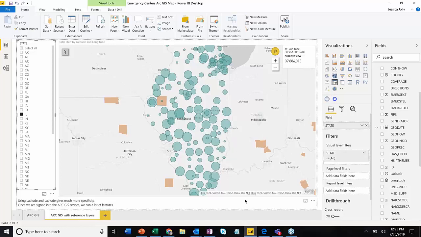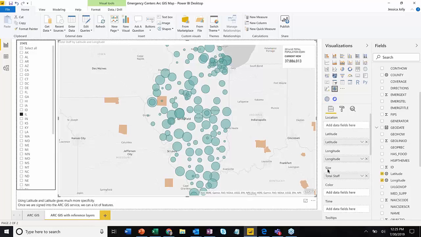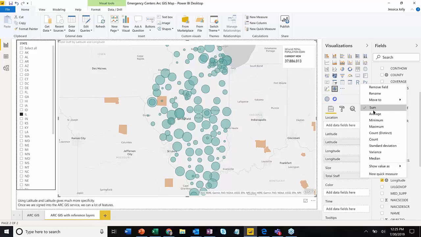It's more accurate. And if you're using the size feature, you're going to be using a numeric value of some kind, whether it's an average or a count or something like that. So again, if I click on the size field, I can do averages, counts, and so on. In this case, I'm just adding up the total number of staff. All right, now